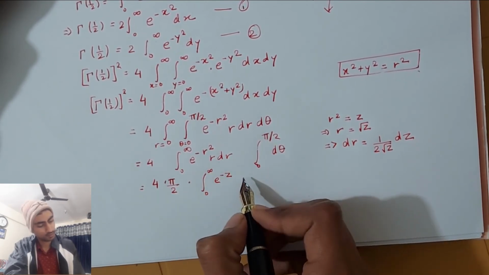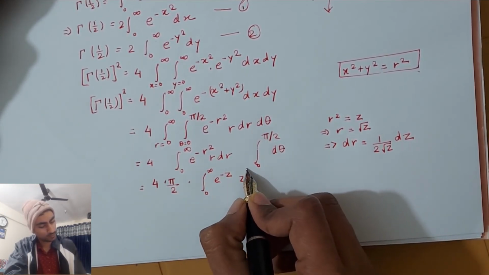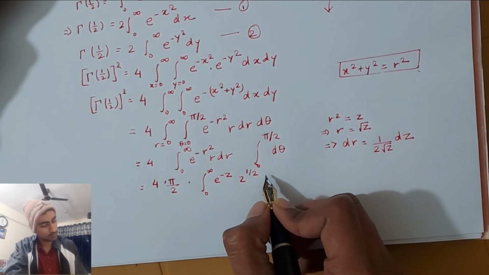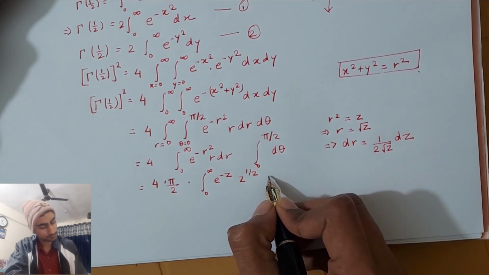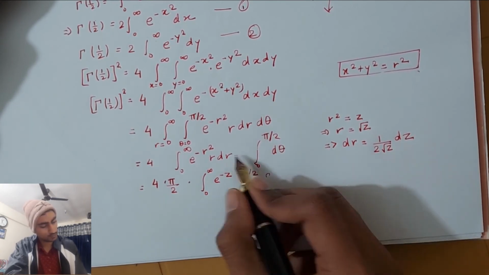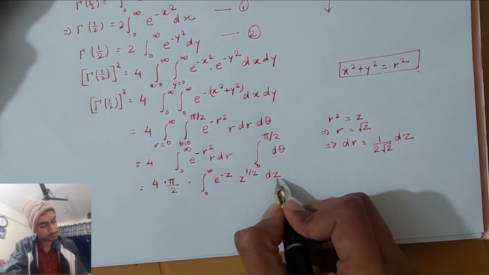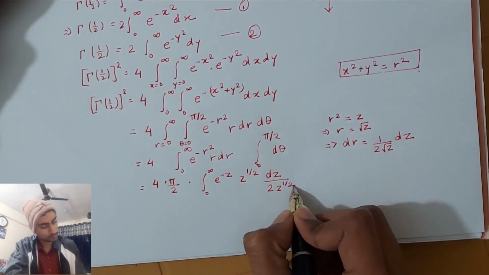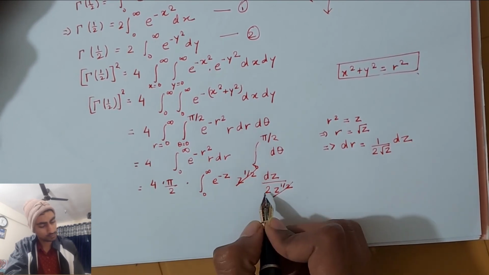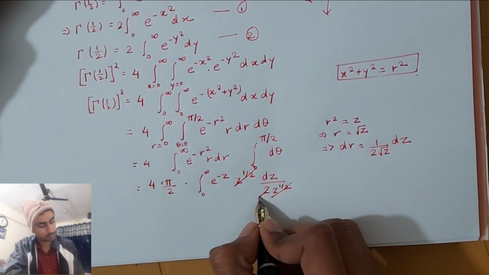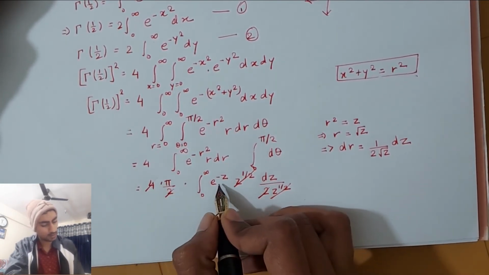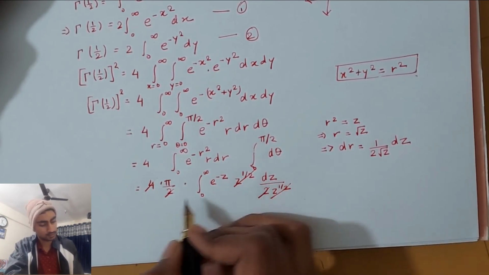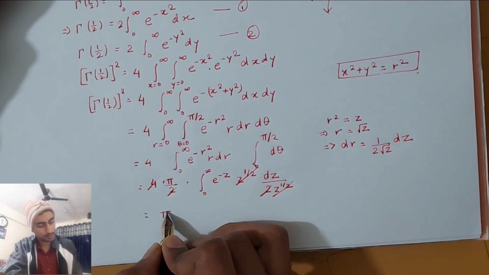For r, we can write z to the power 1/2, and for dr, we can write dz by 2 times z to the power 1/2. The z to the power 1/2 cancels, 2 times 4 also cancels partly, and for e to the power minus z dz, we get pi times